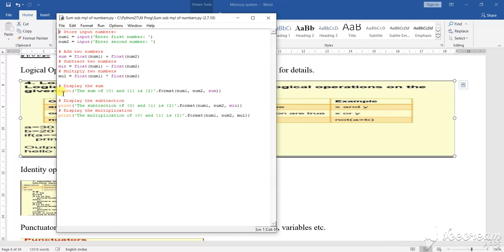Now after that, printing. See here, I have changed the printing a little bit. Print: sum of 0 and 1 is 2, dot format number 1 comma number 2 comma sum. So I am calling a function. What pattern of function am I calling? I am calling the format function. This is a function which will call the values of number 1, number 2 and sum, and they will be